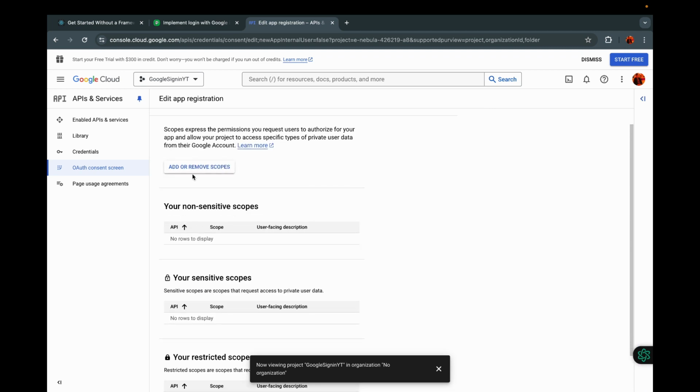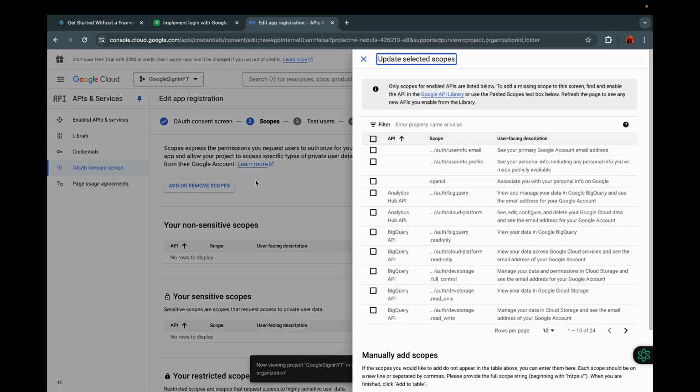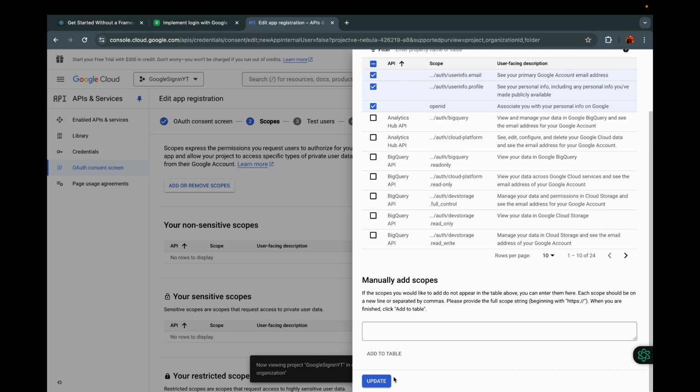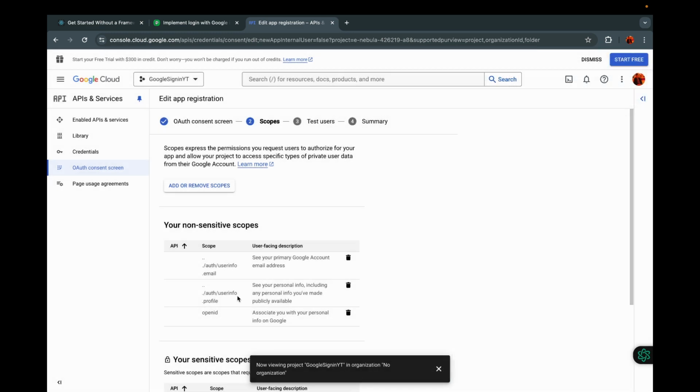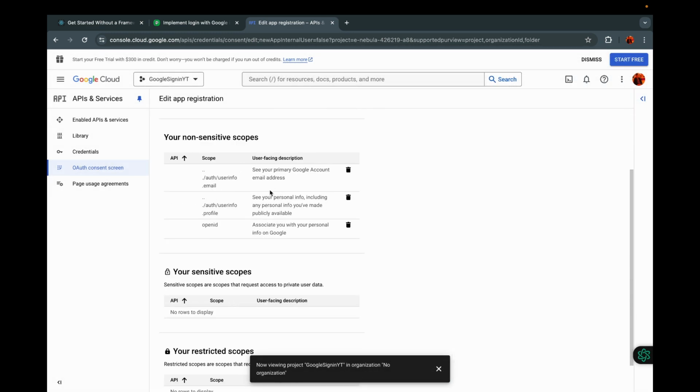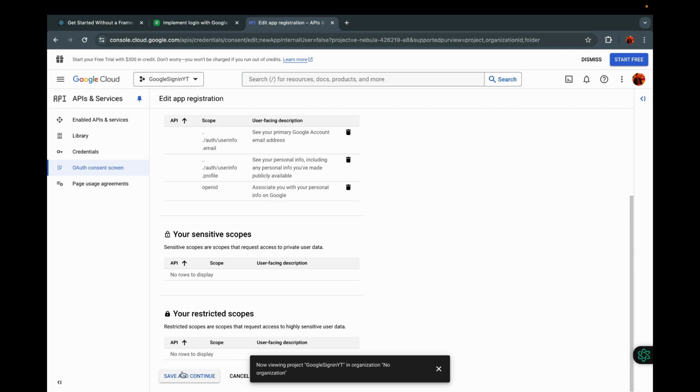And in our next step we have to add the scopes. So you have to select these first 3 scopes and update and make sure they are visible here. Save and continue,